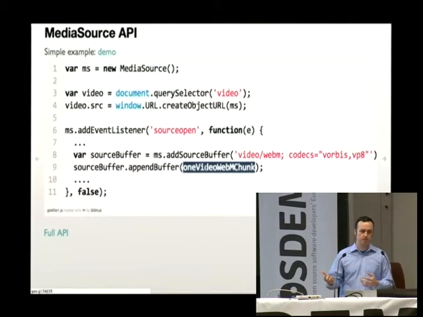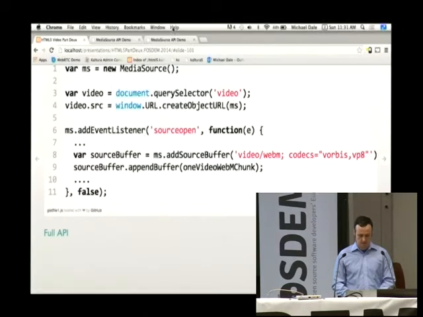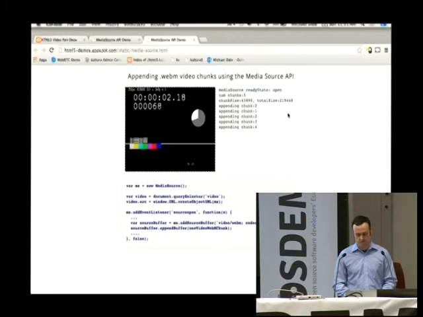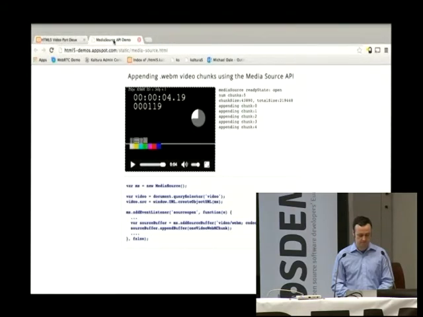So that can be an XHR request, or if you have an encoder in your browser that's generating WebM encoded video content, you can plug in the data that way. If you pull the data over a peer channel, you can also inject it as well. So a lot of flexibility in sequencing in video content. We can see a quick sample demo. This is the simplest version of WebM chunk append. It just appends 5 chunks and plays it back. Very straightforward.